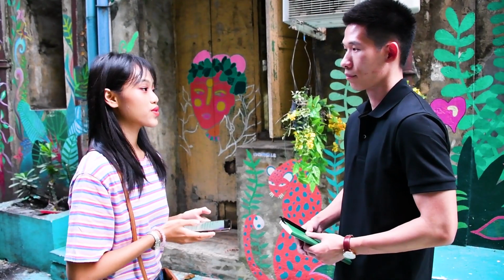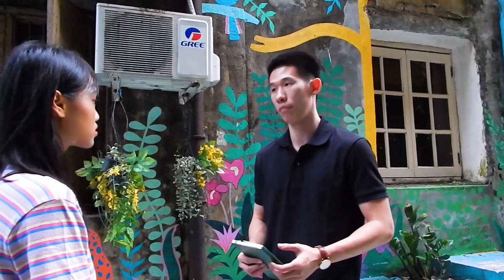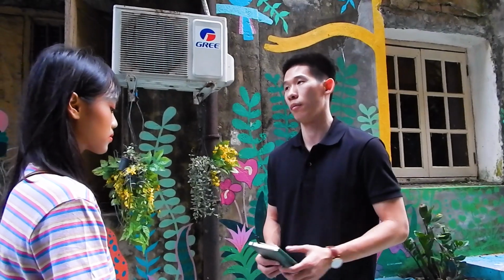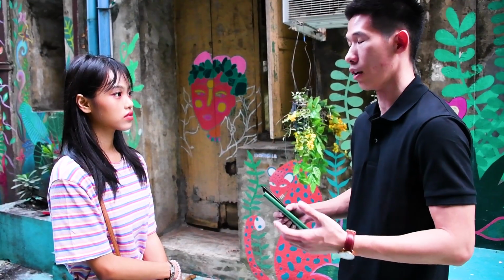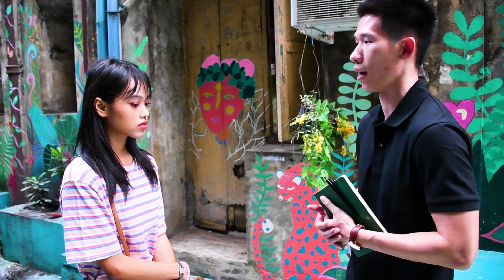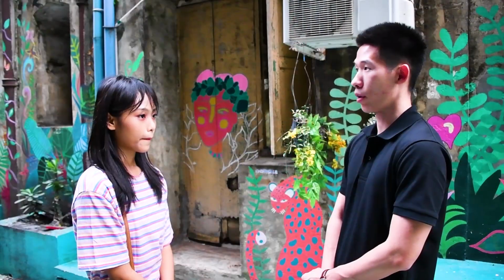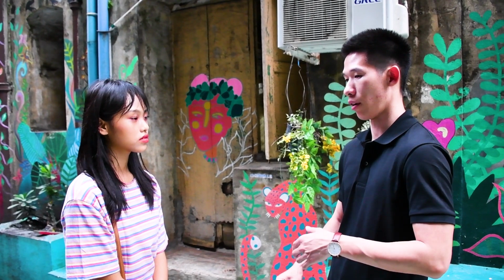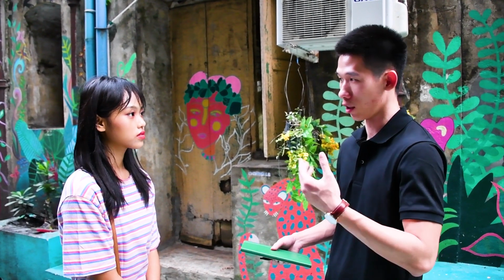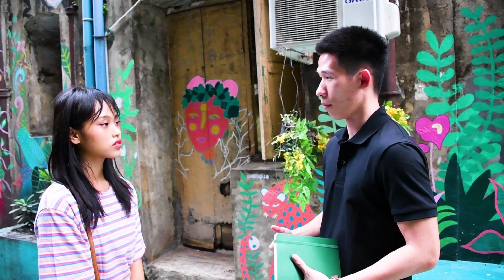So why are there so many old houses in Yangon? We have quite a large amount of old buildings which were left by the colonial era, and a lot of them are structurally not in a very sound position anymore because of the time they have been left without any renovation and repair. The buildings were built with very advanced methods in the old times, and structurally it was very good